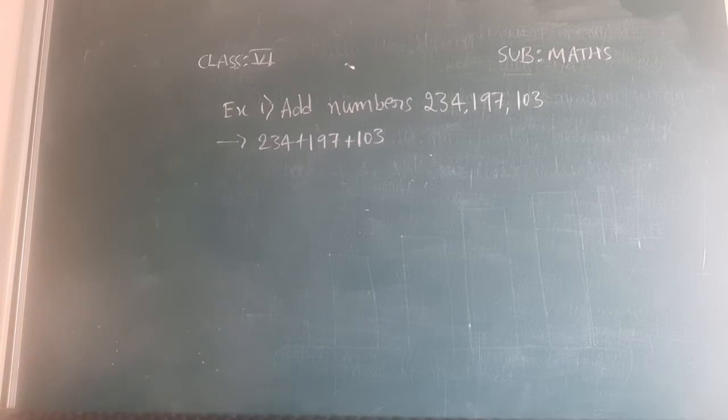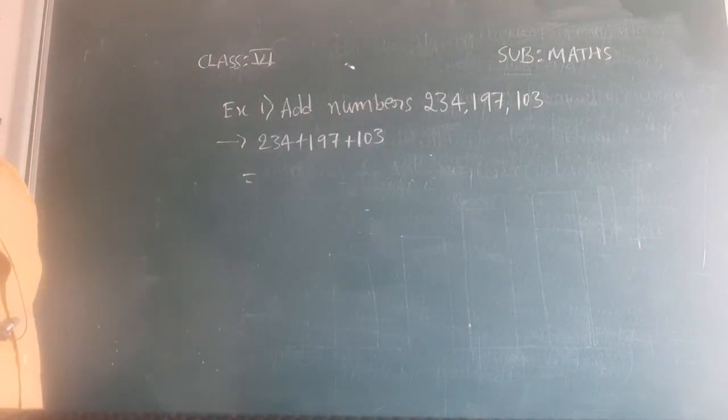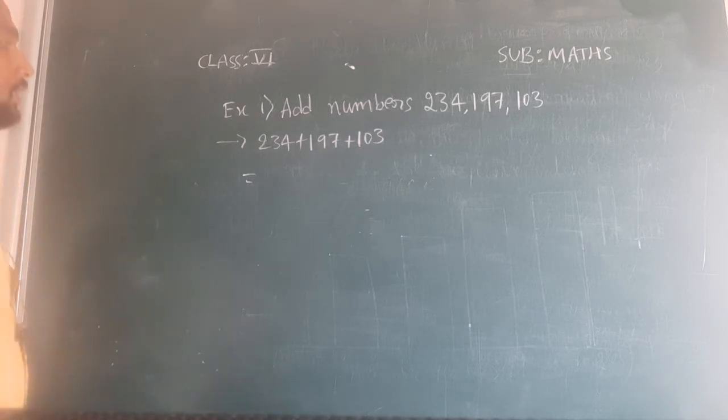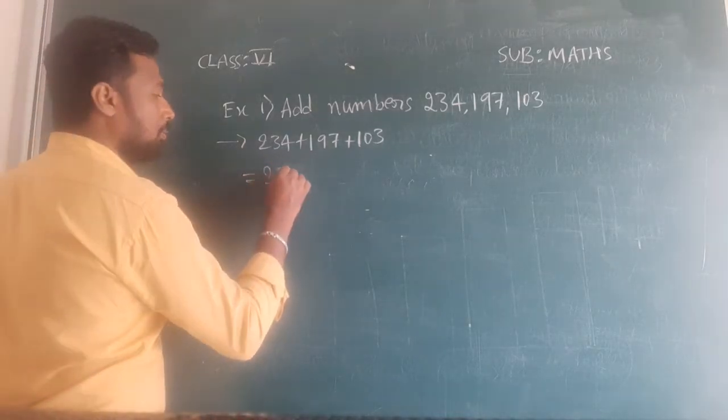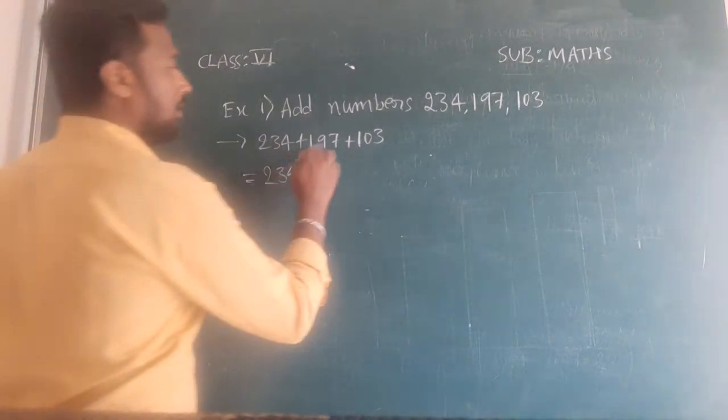So if you want to add these numbers, we can use associative property. Means this first number I will write it separately, 234, and plus for these two numbers